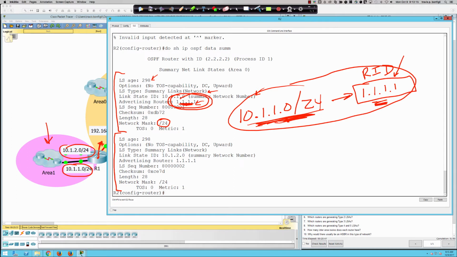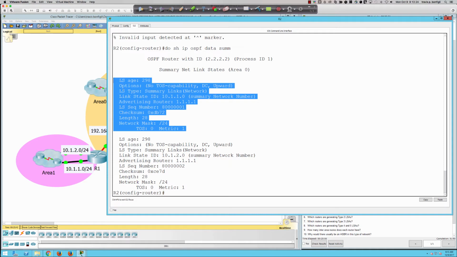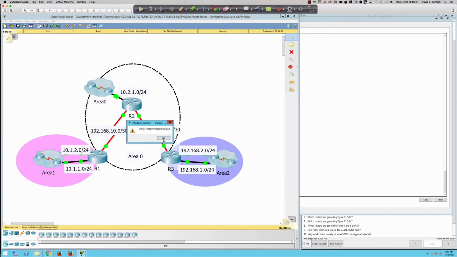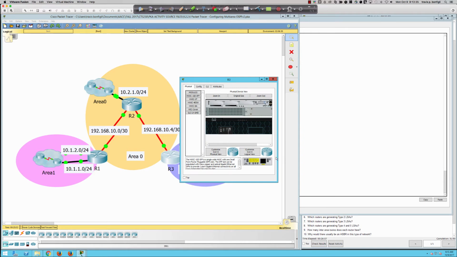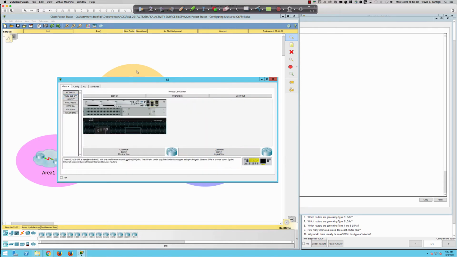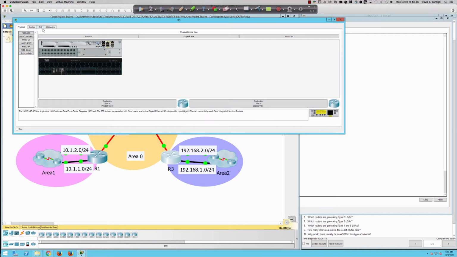But again, it's very, very important to understand how this achieves scalability, why it achieves scalability, and what the information is that's being sent in. And there it is right there, right? That is your type 3 LSA. And I'm sorry, I keep clicking on the area here and I'm blowing the exercise up. So into router 3. Let's go ahead and bring router 3 online here. Let's give ourselves some more room to work with. All right, so on router 3,